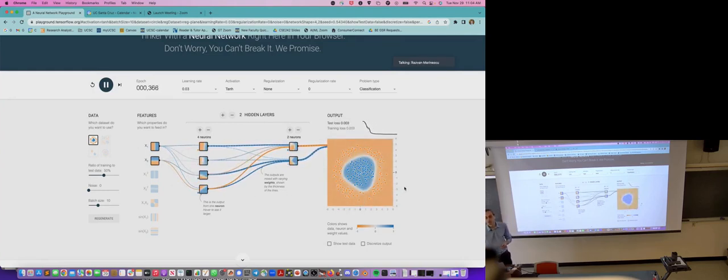So now it found a way, for example, to classify these points. This decision boundary, the ones inside this would be... it's not a perfect circle, but we can kind of see how each neuron here is a linear combination of x1. Exactly. You can see how each neuron is a linear combination of the previous ones, and you can see the weights. The thickness of the line defines how big the weight is.